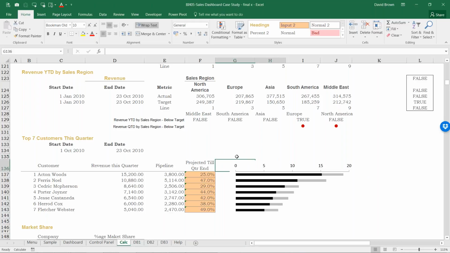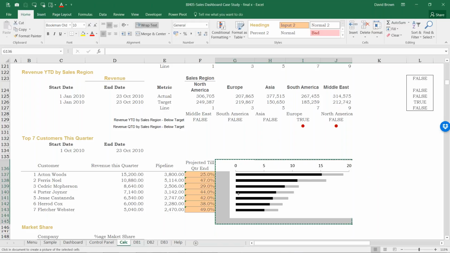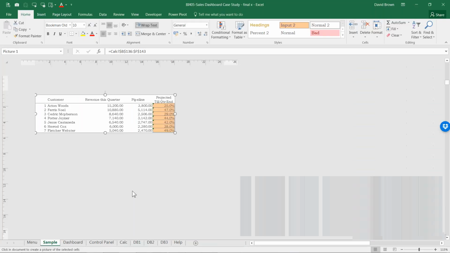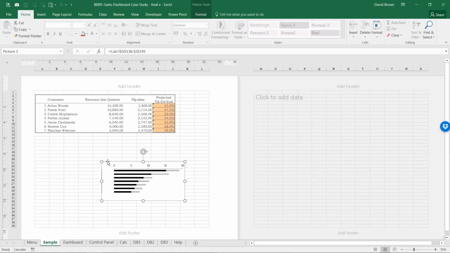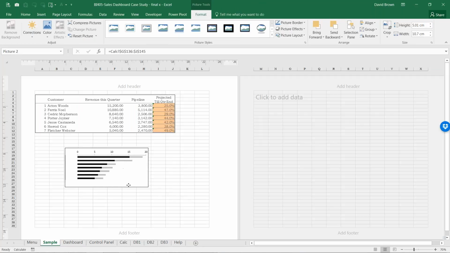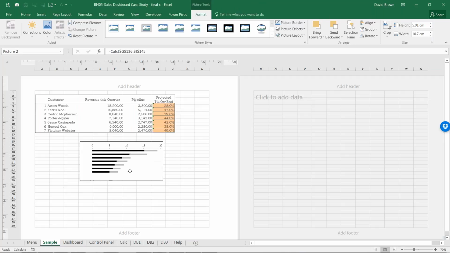I'm going to trick it to work with Excel by going behind the chart. I just go behind the chart, highlight the cells behind the chart, and then take a picture. Once I do that, and I go to my sample dashboard and click, you would see that chart comes in. Really, what's happening is I'm taking a picture. You know how when you're taking a picture with someone and someone jumps in front of you, is it photo bombing or what they call that? So that's what I just did with this chart, and then the chart comes in.